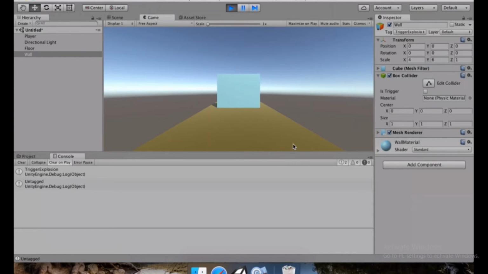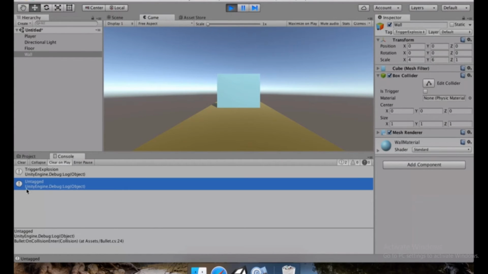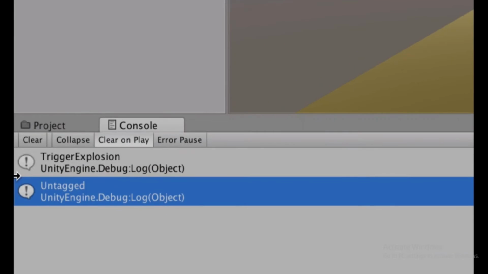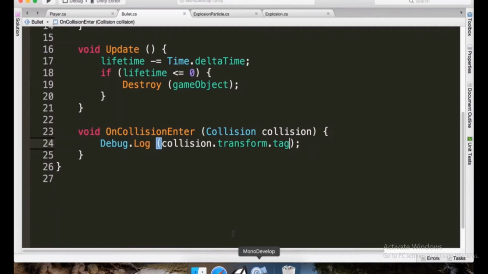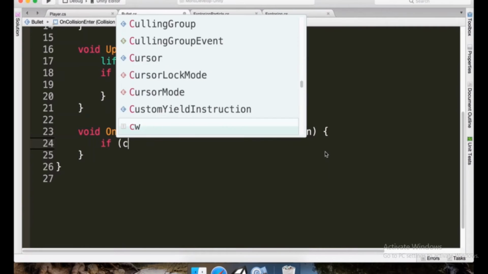And whenever we hit other things that do not have a tag, it's just going to keep printing untagged. But now we have to compare what tag we are hitting and whether it's the same as trigger explosion. Okay, so instead of this debug here, let's take this off. We're going to type if